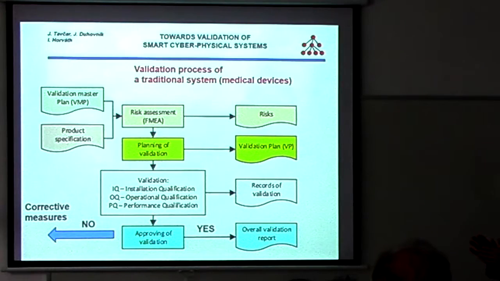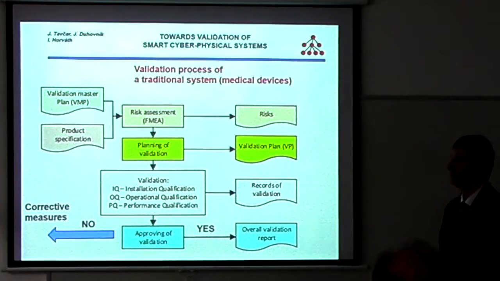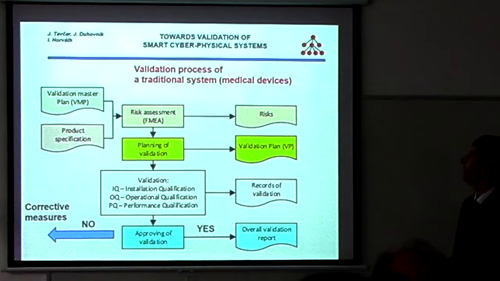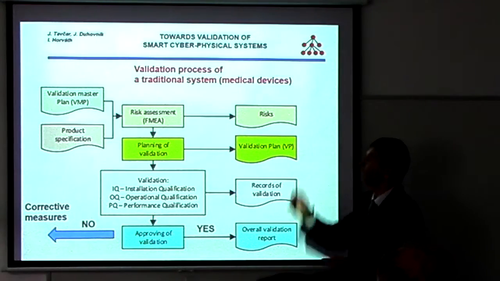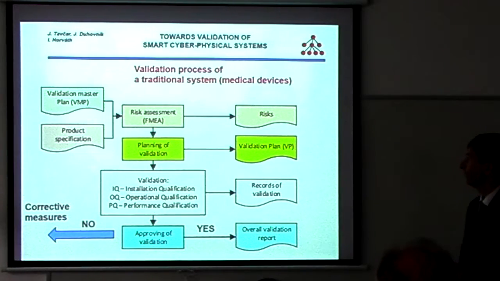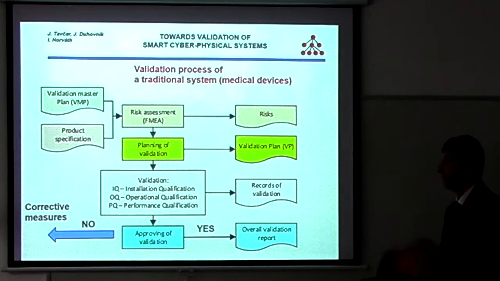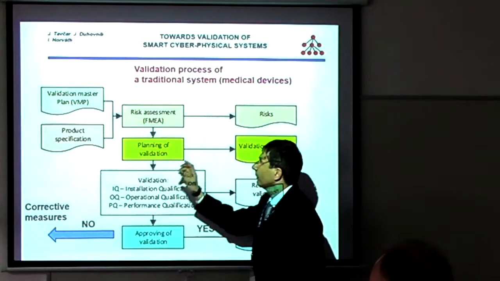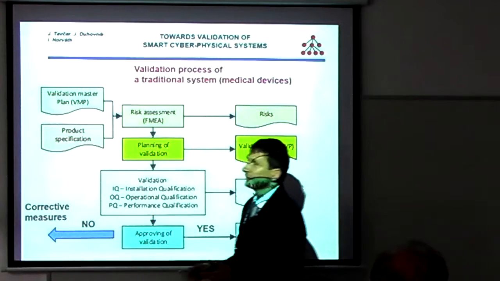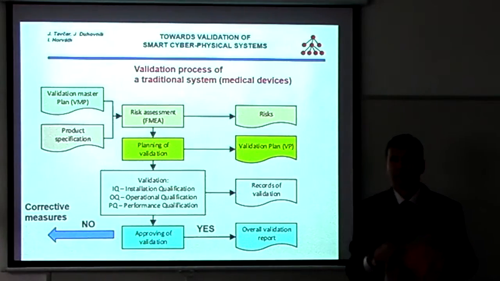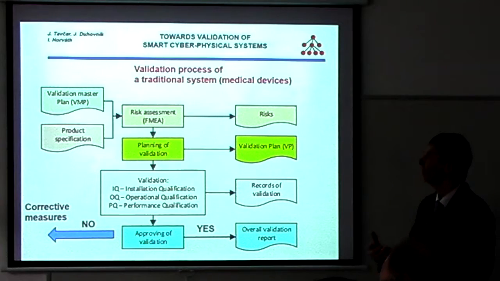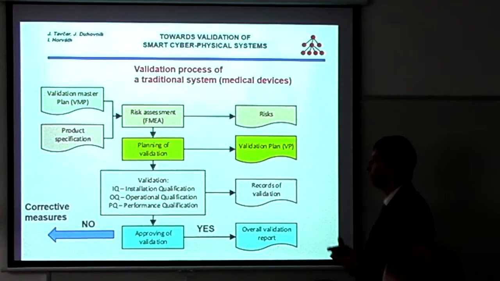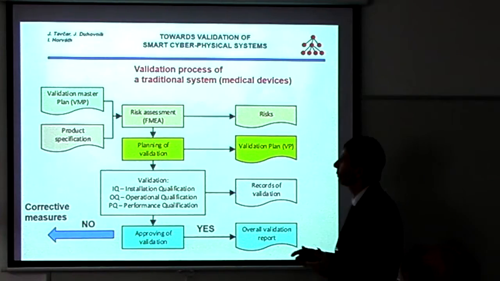So to present how it's done in a classical system: part-time I work in a company where we produce medical devices, and according to regulatory requirements, validation needs to be done, and even for this system it's a tough job. So the company needs to have a validation master plan. It's like guidelines, a concept of how to guide engineers to do this validation process in a proper way.